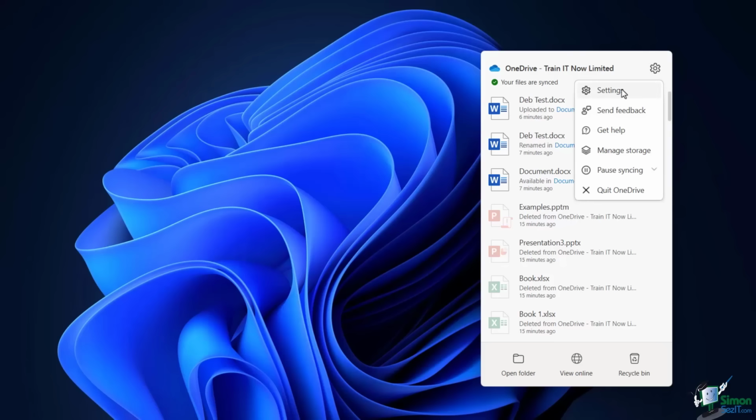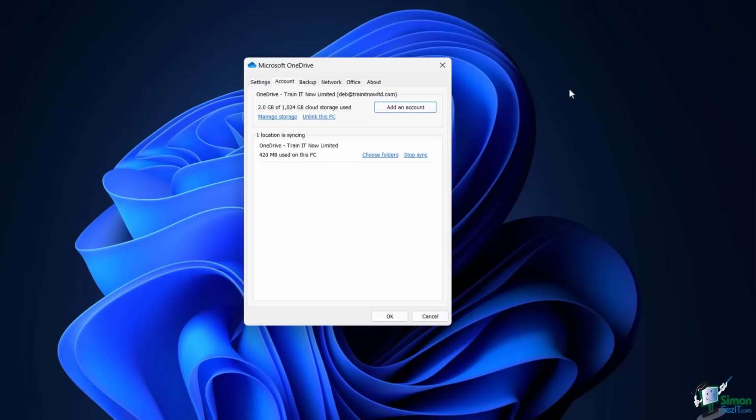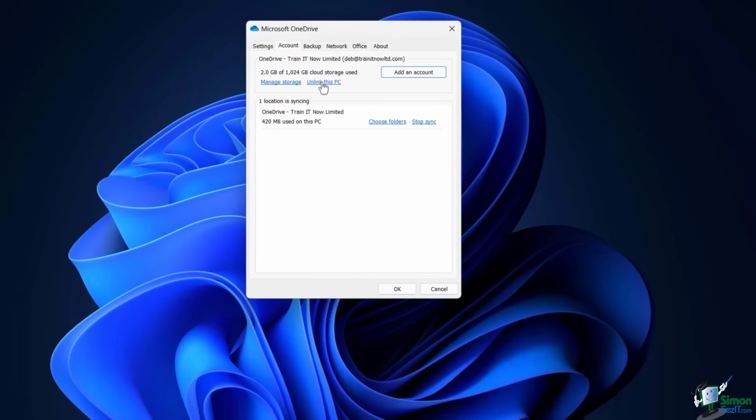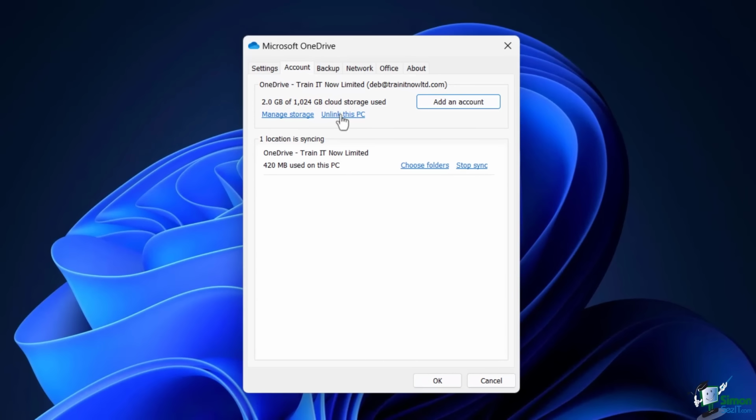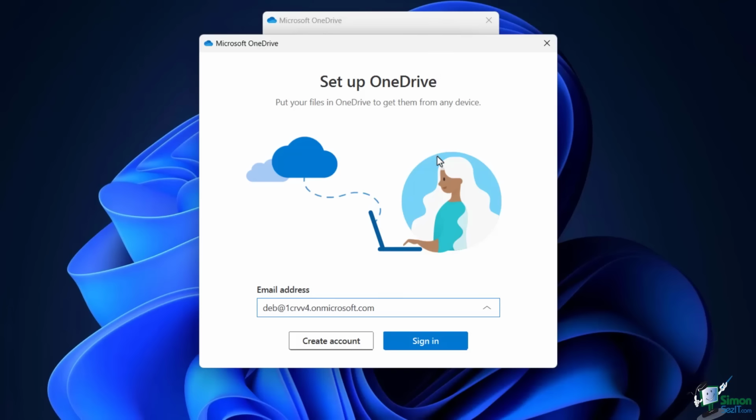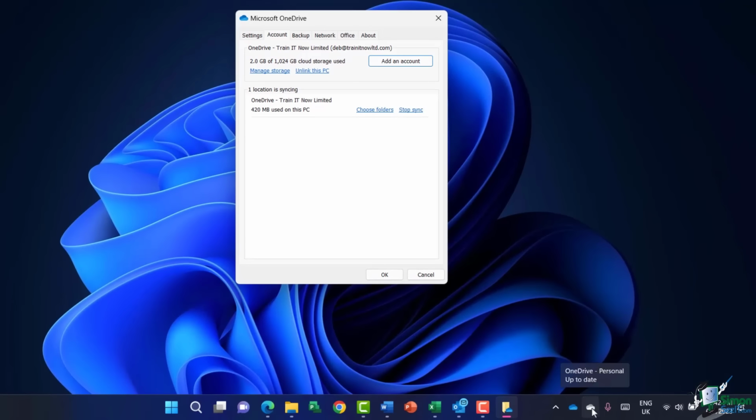Now, something that's important to note here is if we click on Settings and the Account tab, this is where we can unlink our PC if we want to. So maybe you decide that you don't want to have your files synchronized to File Explorer, you just want to have them accessible through the online portal. You could click Unlink this PC in order to do that. Also, this is where you come if you have more than one OneDrive account. As I mentioned, I have two. I have a personal one and I also have this business one. So you can click on Add Account, and it's going to walk you through the process of adding that second account in, which will then add the second cloud icon in the status bar where you can access your settings